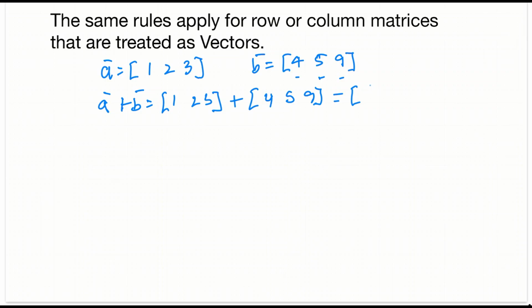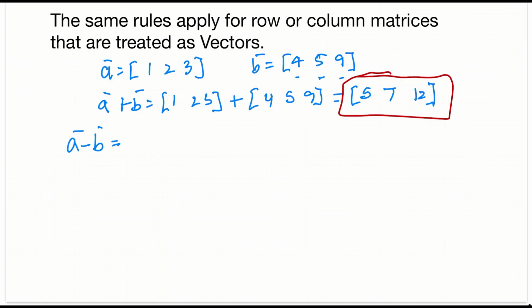1 plus 4 is 5. 2 plus 5 is 7. And 3 plus 9 is equal to 12. So that's the case when we added those two vectors together, which in this case happen to also be row matrices. A minus B is equal to 1, 2, 3 minus